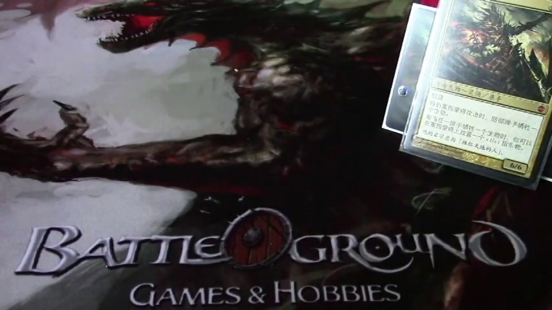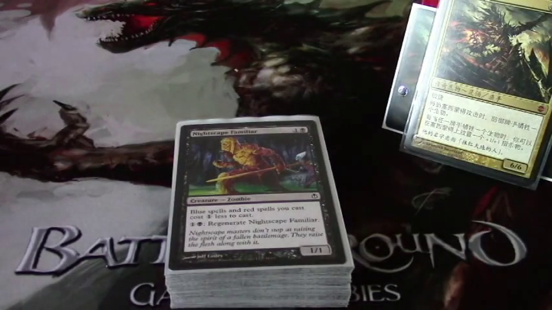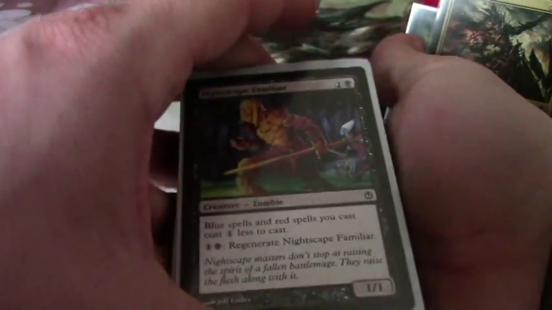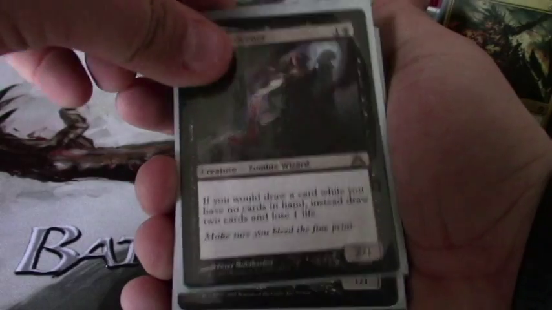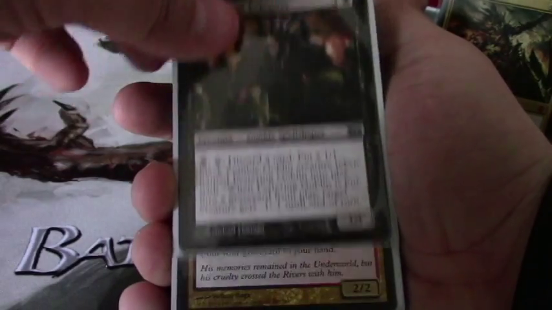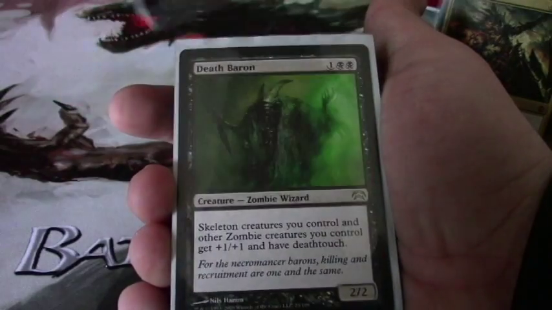And now what we have is the bulk of the deck, which is the zombies, or creatures, but most of them are zombies, as this is pretty much a zombie tribal deck. I found it to be a really fun deck. I enjoy it a lot, but let's go over my creatures, which are probably 99% zombies. So let's see here. We have Nightscape Familiar, Blood Scrivener, Skirk Ridge Exhumer, Tymaret the Murder King, Rakdos Guildmage,